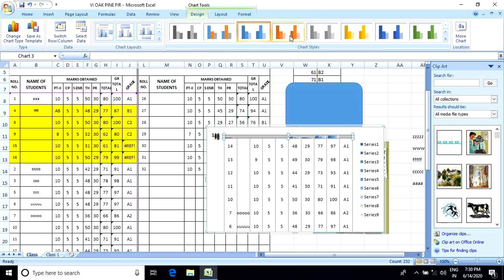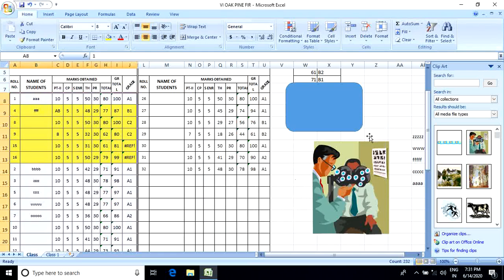We can use various types of column chart selection. You can choose any type from here. Whenever you need to delete, just select the chart and press delete.